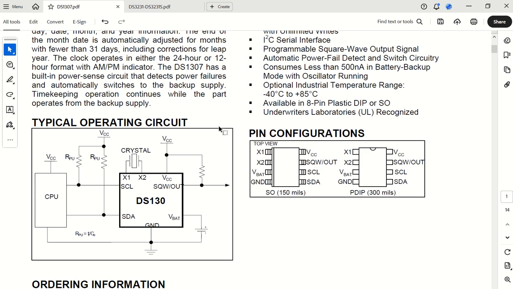So as you can see here, this specific real-time clock has got a crystal. As you can see there, it's making use of I2C, the I2C clock line and the data line. There's also, as you can see here, a backup battery. So yes, this specific device, you will program the date and the time and the year, etc., month, day, into this device, and it will be kept there.